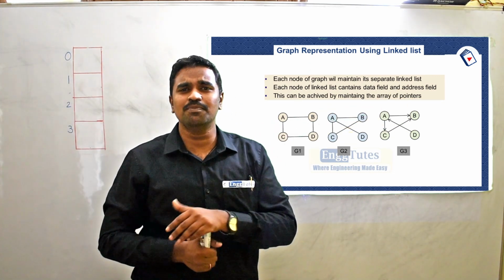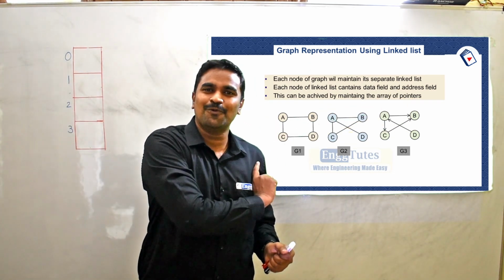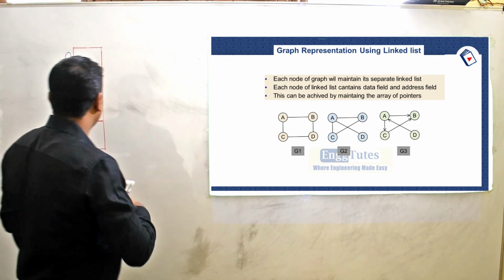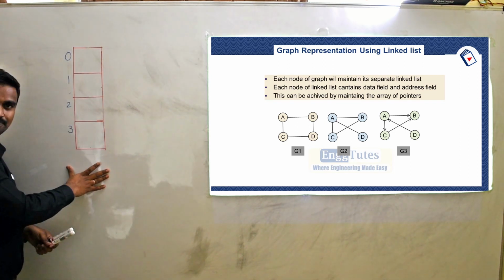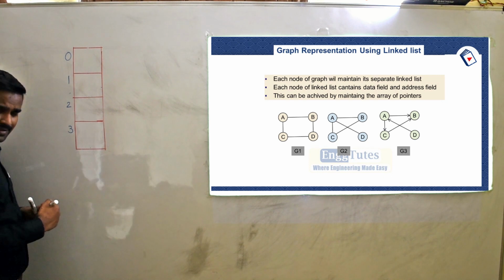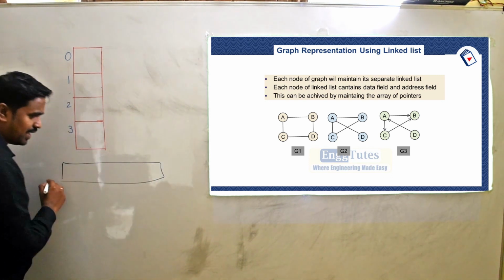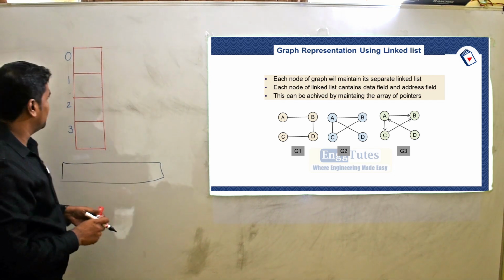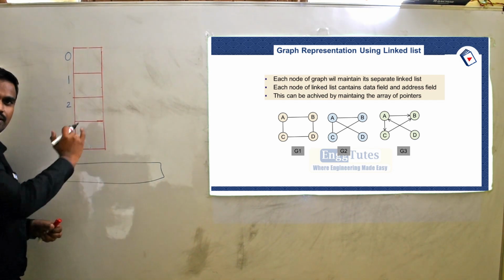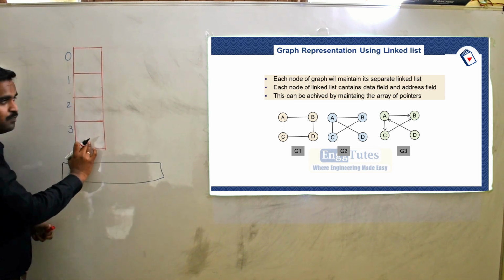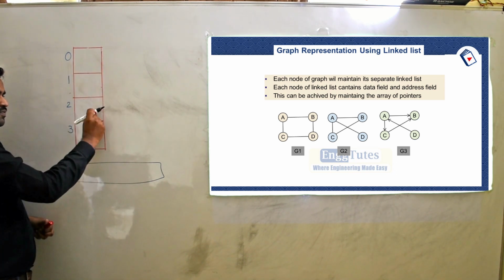पढ़े थे अपन प्रीरिक्विजिट में array, पढ़े थे अपन प्रीरिक्विजिट में pointer. Now we are using the concept of an array of pointers. Array of pointers मतलब क्या? So this is my array. Array अब तक अपन ऐसा horizontally लिखते थे, but horizontally again it's an array, and vertically again it's an array. Basically array क्या होता है? Where elements are sequentially arranged one after the other. Done. So this is my array of pointers. So this is my 1 pointer, this is 2, this is 3 and this is 4.